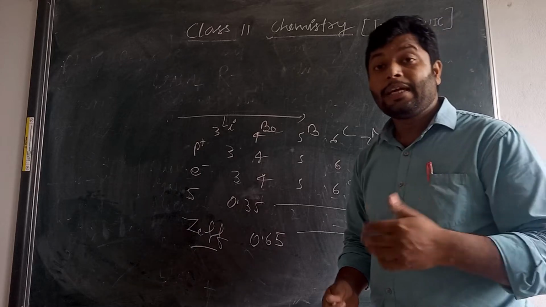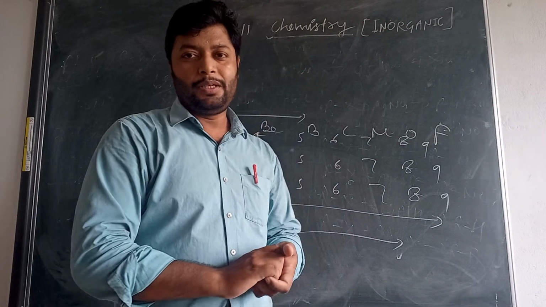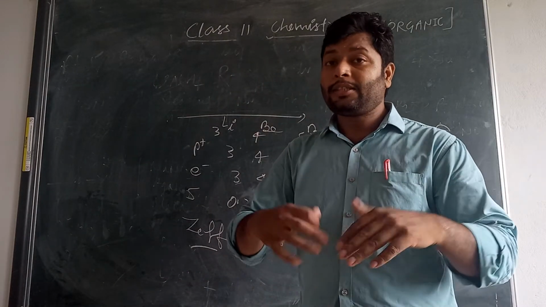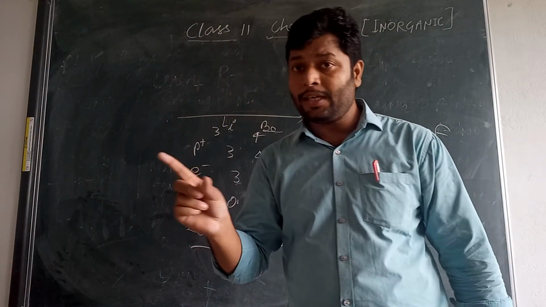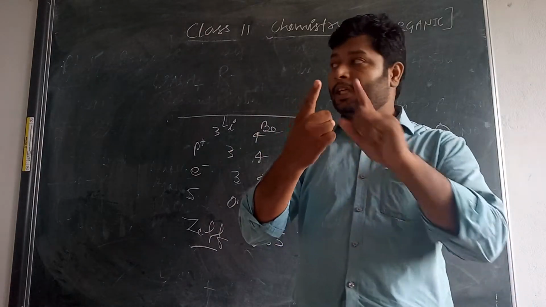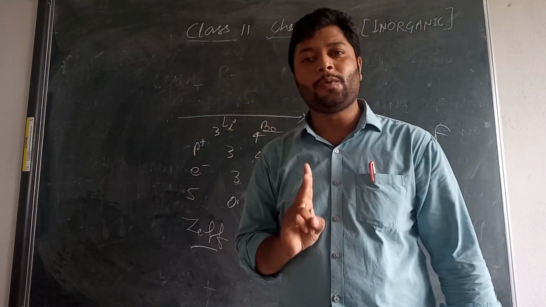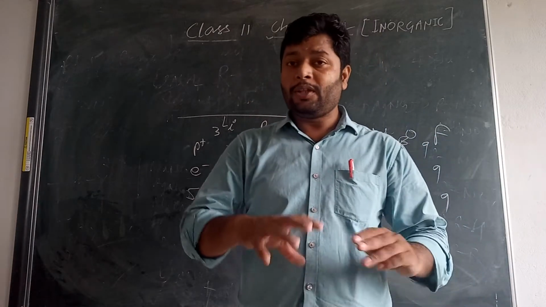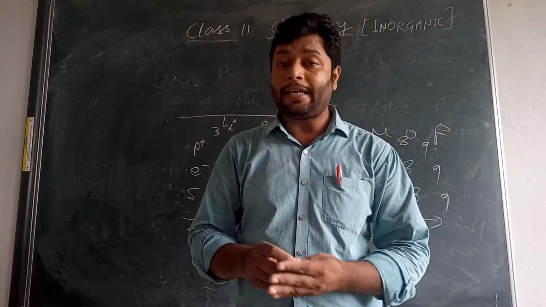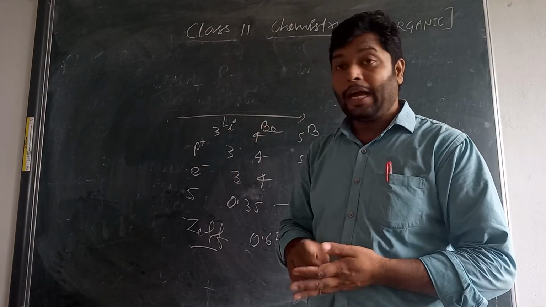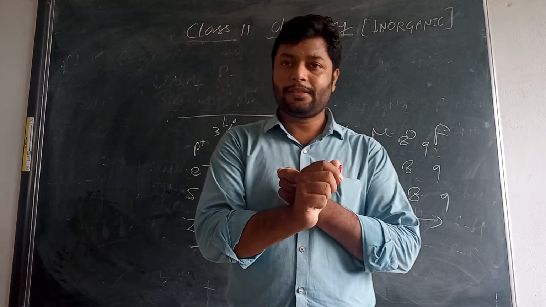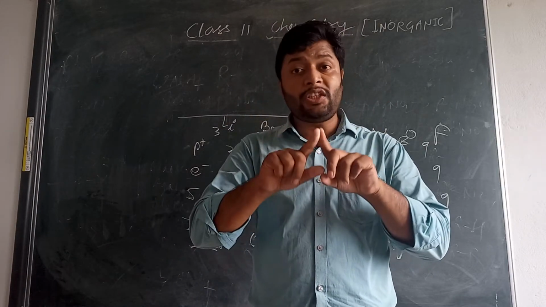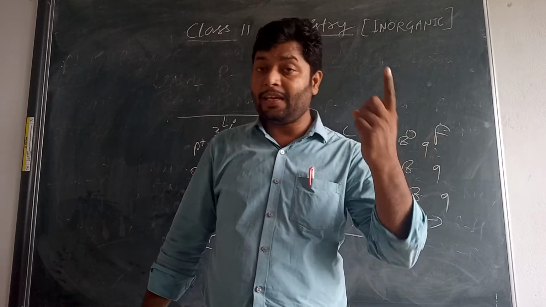Let's discuss down the group, students. Actually, down the group, there are some more factors involved. Along the period, there is only one factor, that is nuclear charge and screening value. But down the group, there are other factors that decide the size: the number of orbits, the nuclear charge, and the screening value in the different subshells, S, P,